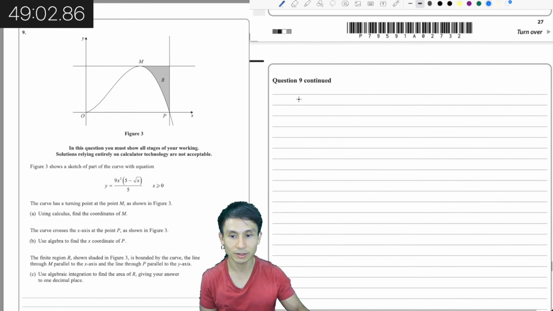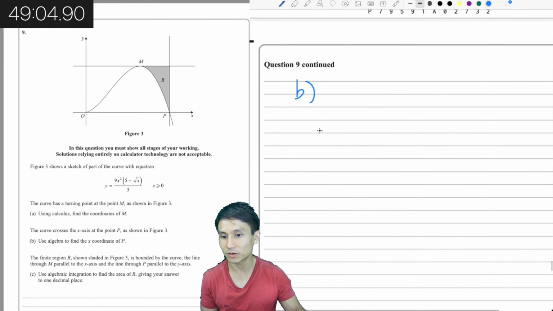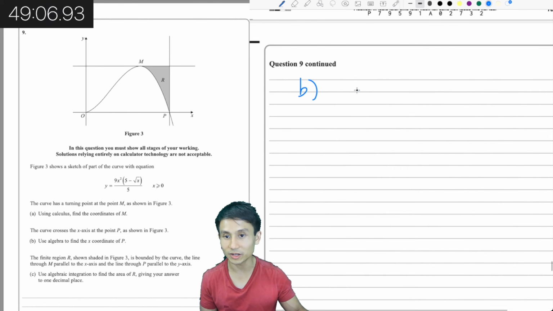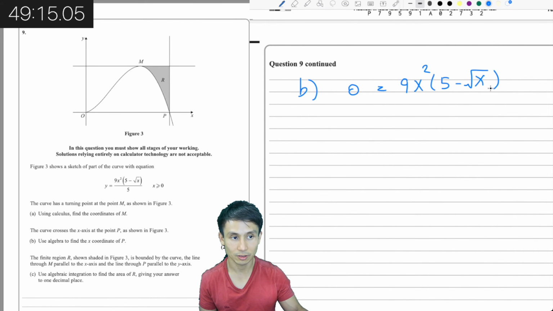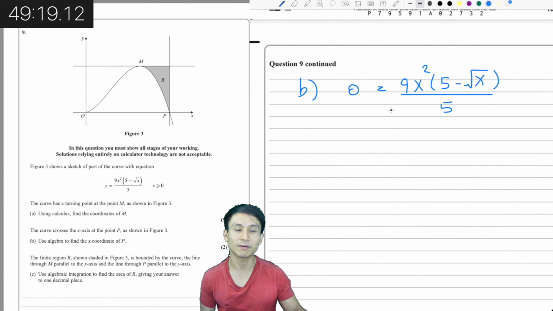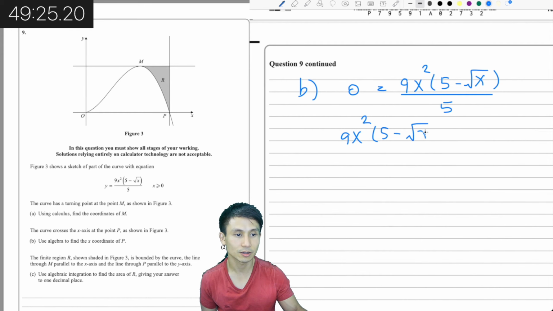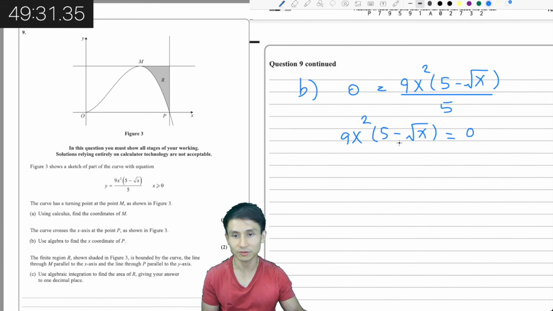And then part b, use algebra to find the x coordinate of P. Oh, we put y equals 0, right? So 0 equals that. So 5 multiply across, we get that equals 0. So one of the solutions is 0, which is already the origin, where the curve cuts the x-axis,